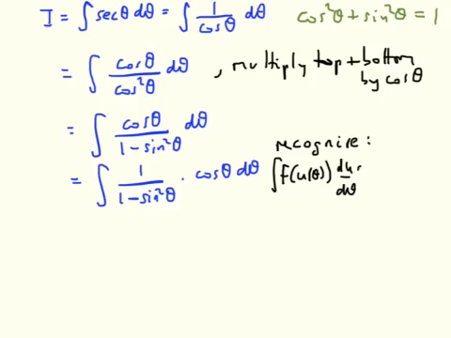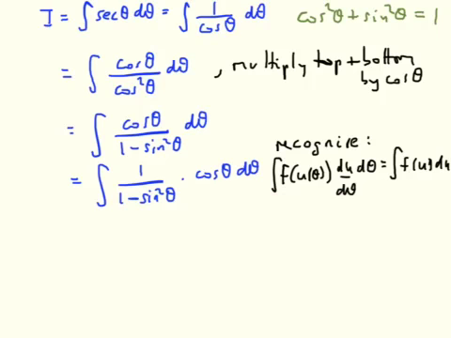And this function integrated with respect to theta can be rewritten using the chain rule as a function of u integrated with respect to u, and then having calculated the integral we replace u by u of theta. So that's the technique that we're going to use here,